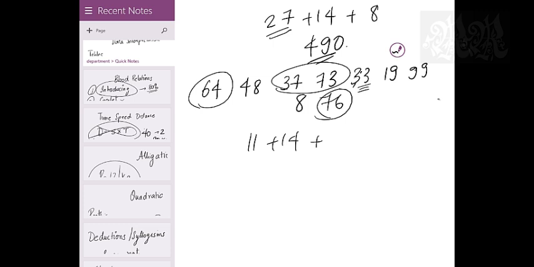But I can merge these three. 3 and 9 gives me 2. 2 and 8 gives me 0. But instead of this 8, I'll use 48. I'm leaving off the bigger numbers first. So 3 and 9 is 12, and 2 and 8 is 22. So 4 plus 3 is 7, 7 plus 1 is 8, 8 and 2 is 10, so I get 10 plus. So I've merged these three.